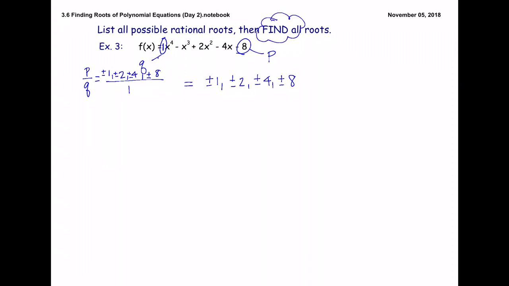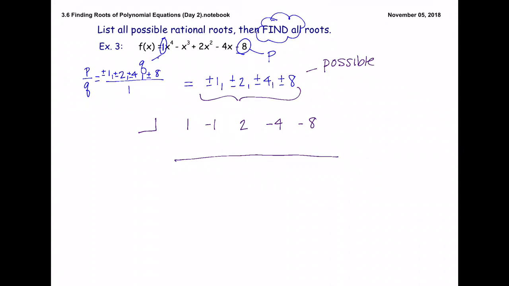So now what we can use is our synthetic division. So take the coefficients of our terms, we aren't missing any terms. We then can choose any one of these possible zeros to find the actual zeros. So I'm going to try